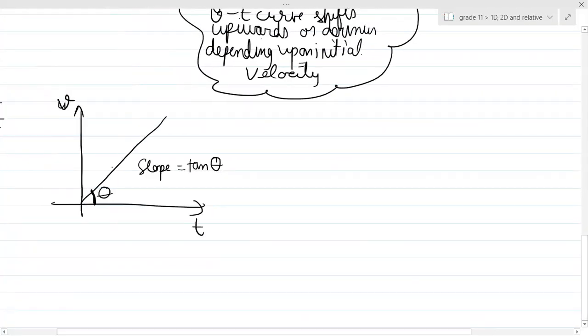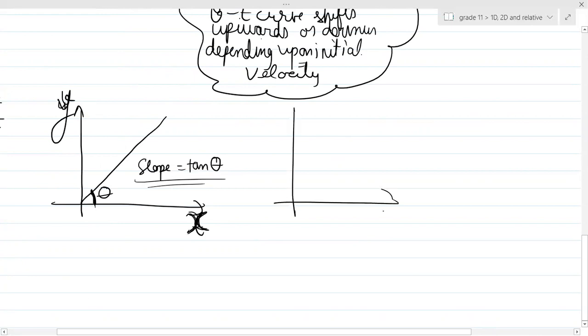Now, is this clear, guys? For any graph, it's y and x, not necessarily v and t. So slope is basically the tan of this angle, the trigonometric ratio tan. If this line is not passing through the origin, if it is passing from, let's say, here, then what will you do? You'll do this and then measure the slope. Is this clear, guys? Yes, sir. Basically, you'll draw a line parallel to the x-axis, and then measure the angle. This is how you calculate the slope.